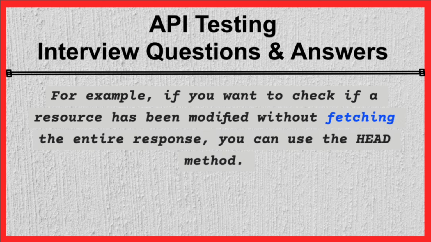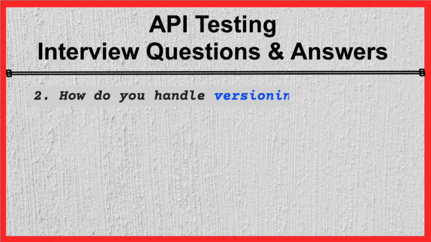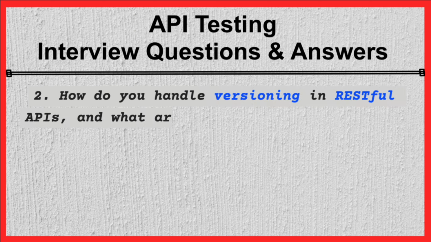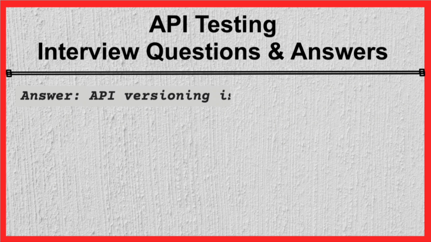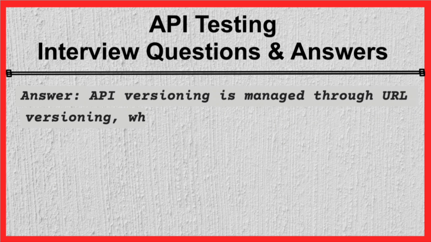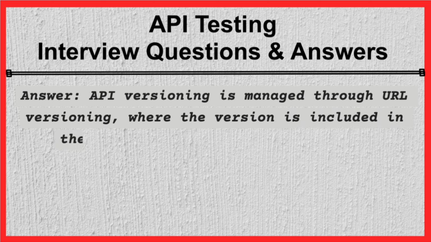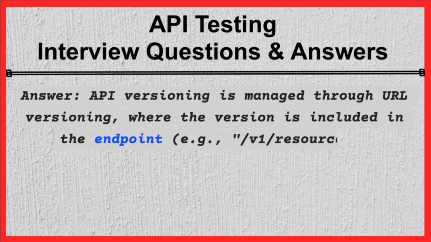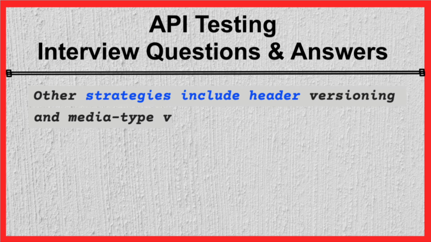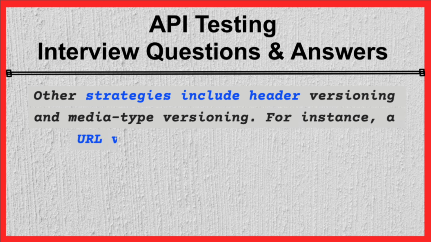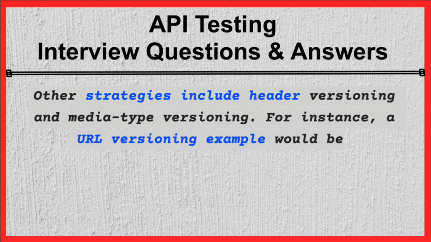use the HEAD method. 2. How do you handle versioning in RESTful APIs, and what are the common strategies for versioning? Answer. API versioning is managed through URL versioning, where the version is included in the endpoint, for example, /v1/resource. Other strategies include header versioning and media type versioning. For instance, a URL versioning example would be